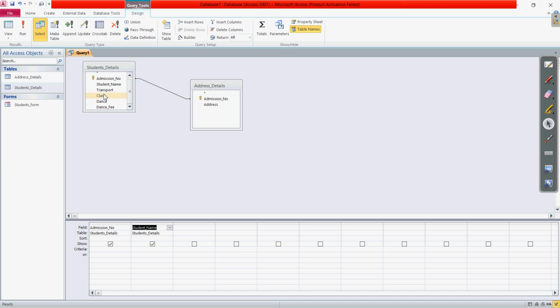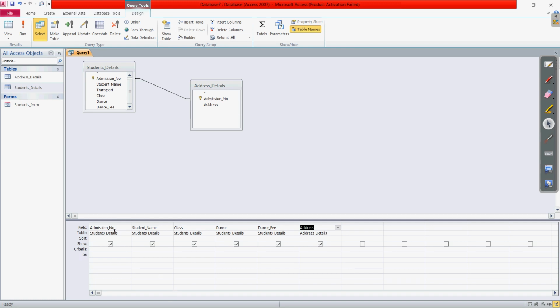If you want to choose some more, you can select those or double click on them. Clear? Right now we are using the first table. If you want to include the second table's details also, let us click on these. So I have clicked on the address button. Clear? This way we have added the different fields which we want included in our query.